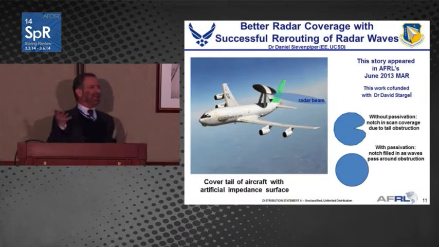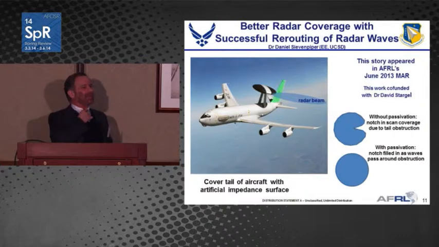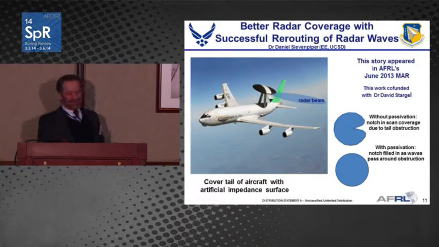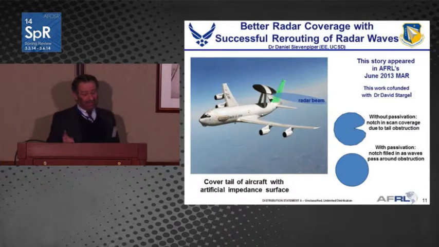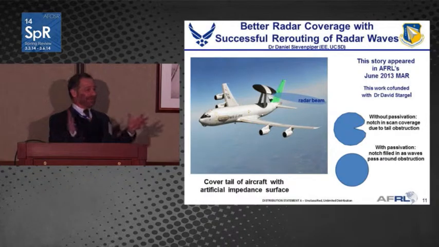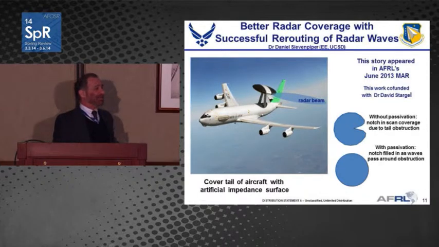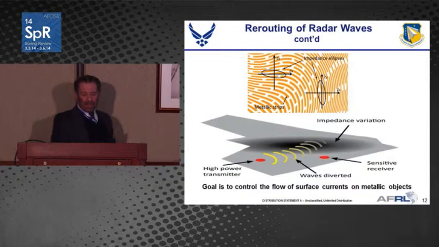As soon as I sent it in, I got back a query from Dayton asking how fast could the tail be done. I said, no time soon. In fact, the PI had barely figured out how to do some simple proof of concept in his lab on much higher frequencies, because in a lab you need a much smaller source. They generate higher frequencies, so the AWACS is in a few hundreds of megahertz, and what he's doing is in the gigahertz. But it suggested that another instantiation of this idea was what you see here, that maybe you